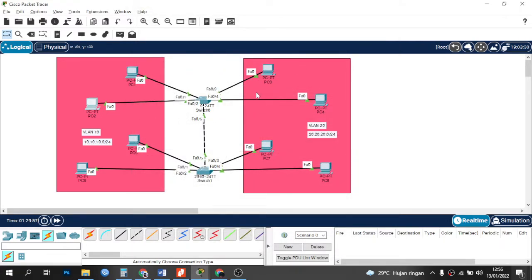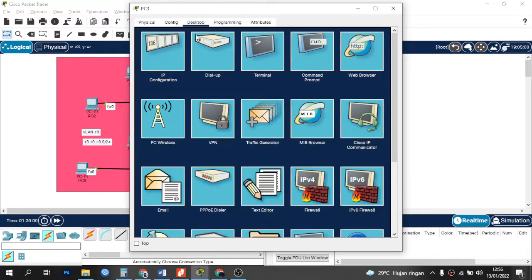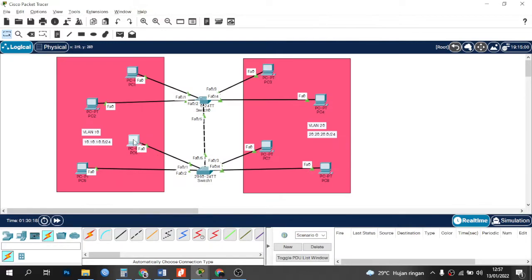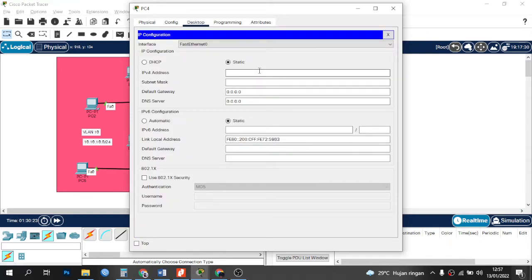PC2, IP 10.10.10.2, subnet mask 255.255.255.0. Next PC3, IP 20.20.20.1, subnet mask 255.255.255.0. Next PC4, IP 20.20.20.2, subnet mask 255.255.255.0.